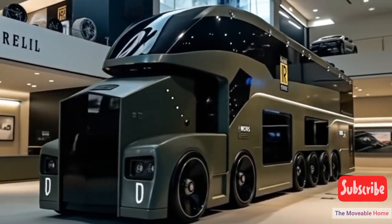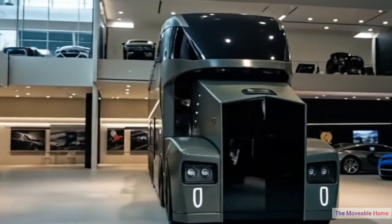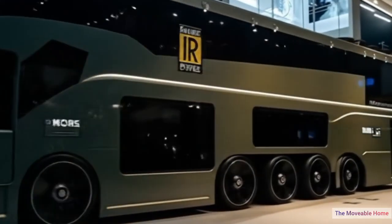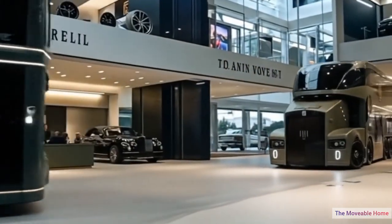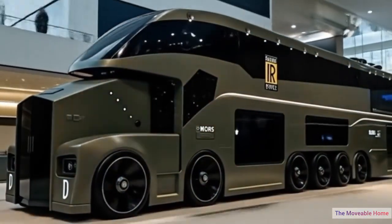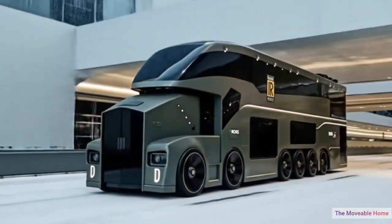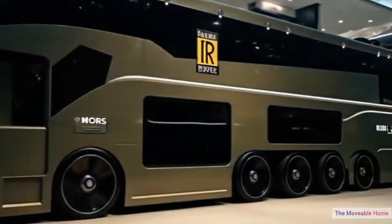Welcome to the Moveable Home, where we take you on a journey through the world of luxury motorhomes, innovation, and design excellence. Today, we're exploring the 2026 Mercedes-Benz Motorhome, a masterpiece that merges the elegance of Mercedes craftsmanship with the freedom of motorhome living. This model is built for those who demand style, sophistication, and cutting-edge performance wherever the road